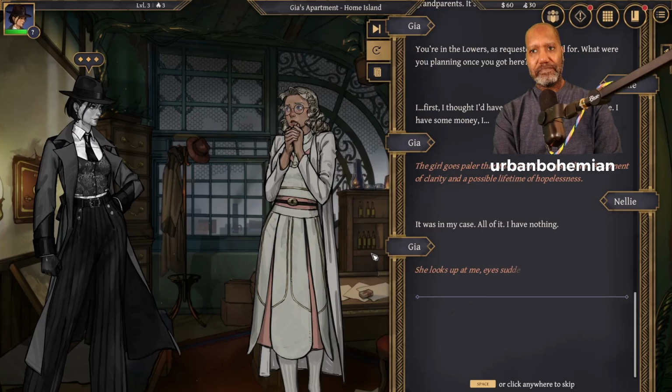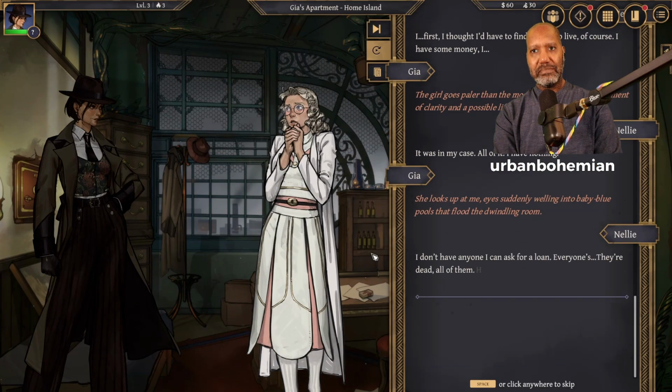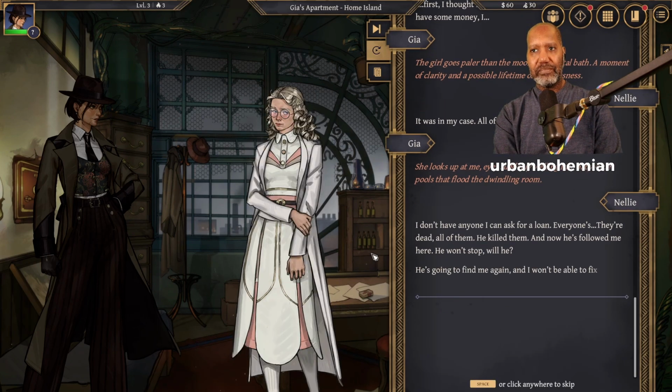She looks up at me, eyes suddenly welling into baby blue pools that flood the dwindling room. I don't have anyone I can ask for a loan. They're dead. All of them. He killed them. And now he's followed me here. He won't stop, will he? He's going to find me again, and I won't be able to fix the well, and...